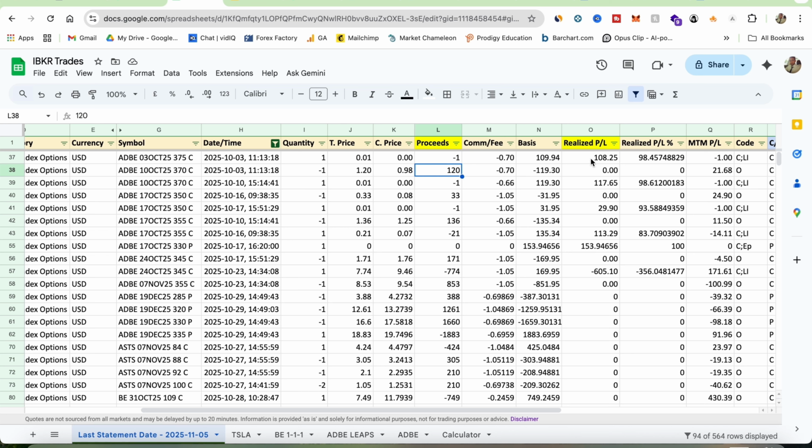And the realized P&L is how much money we've actually generated, or realized gain, which is relevant for tax purposes and that kind of good stuff. Now, there will be a discrepancy between proceeds and realized P&L. The reason is I might be defending or rolling positions month over month, where I might take a loss on a position when I close it, and then when I open a new position, I generate a net credit,